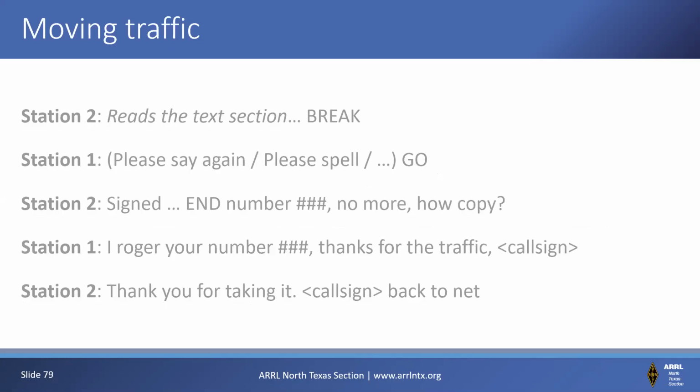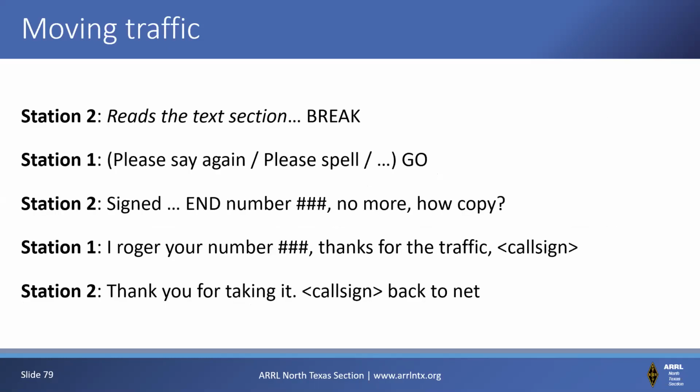The other station would then read the text section one word at a time and then break. And then I would say, please say again word after such-and-such, or go ahead, go signature. Then they would read the signature, signed, some name, end number, no more, or one more. How copy, I Roger your number, thanks for the traffic, and then K8AMH, and they say thank you for taking that, and ID, and then turn it back to net control. That's